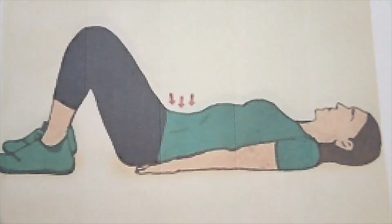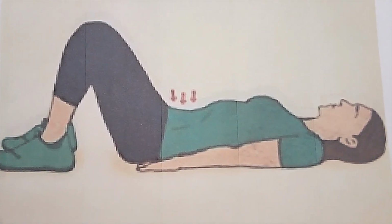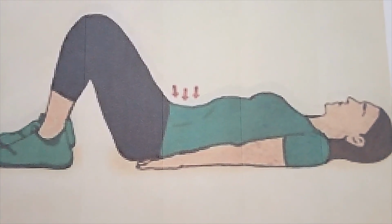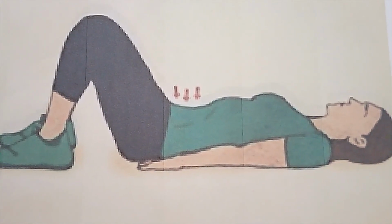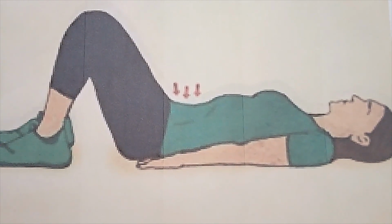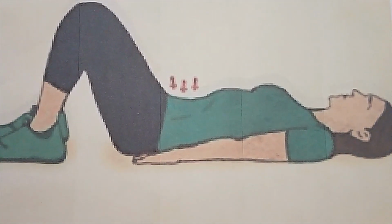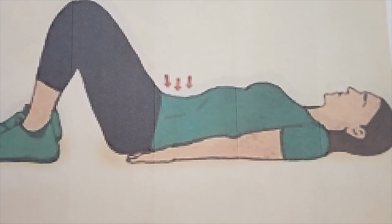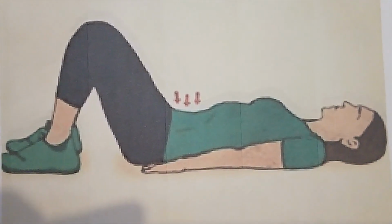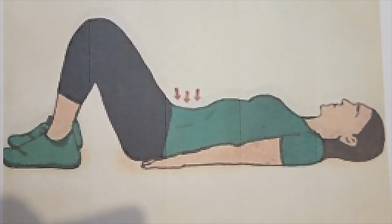So first we have the tummy tuck. This move is to stabilize your core, strengthen and tone your transverse muscles, but without that usual flexion that, as we've said, can stretch the midline further and worsen the abdominal separation. So you need to lie on your back with your knees bent, feet flat on the floor, breathing normally, and then you're going to pull your tummy in below the belly button, drawing in the abdomen all the way towards your spine. Now this exercise should only involve the lower abdomen, and you're going to hold the move for about 10 to 30 seconds and then aim to repeat 10 times,